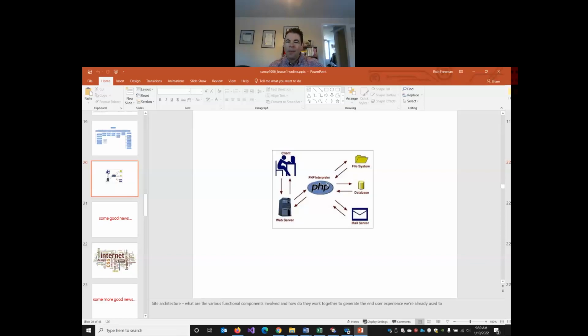So we don't have to use PHP. We could use other languages like JavaScript or C# or Java, Ruby on Rails, but we need some kind of server-side scripting language to handle the logic of interacting with the database. And this is why you guys are taking this course, and you're also taking it concurrently with the relational